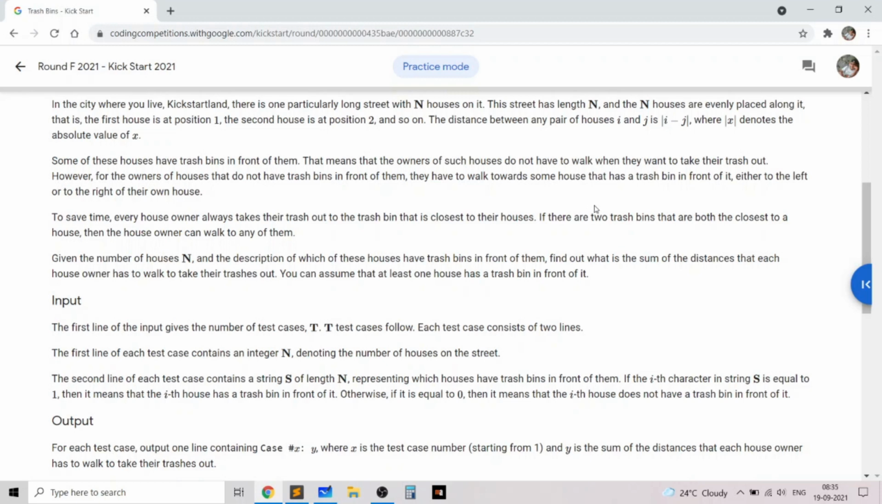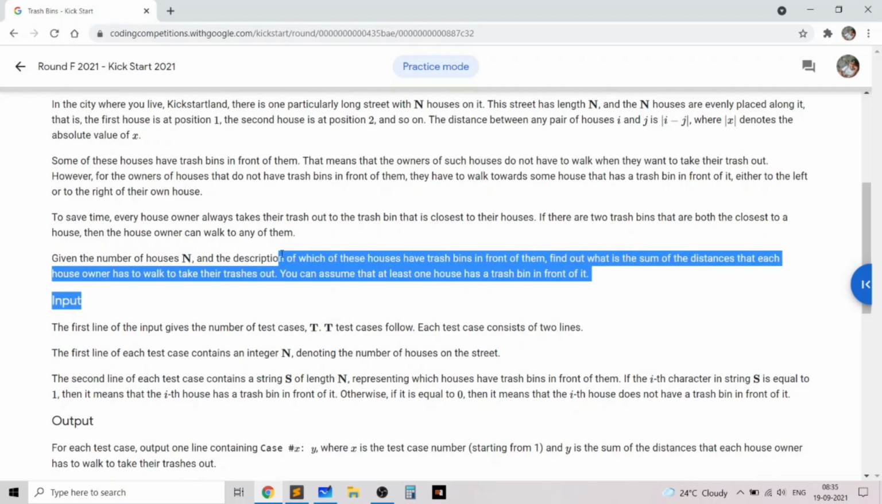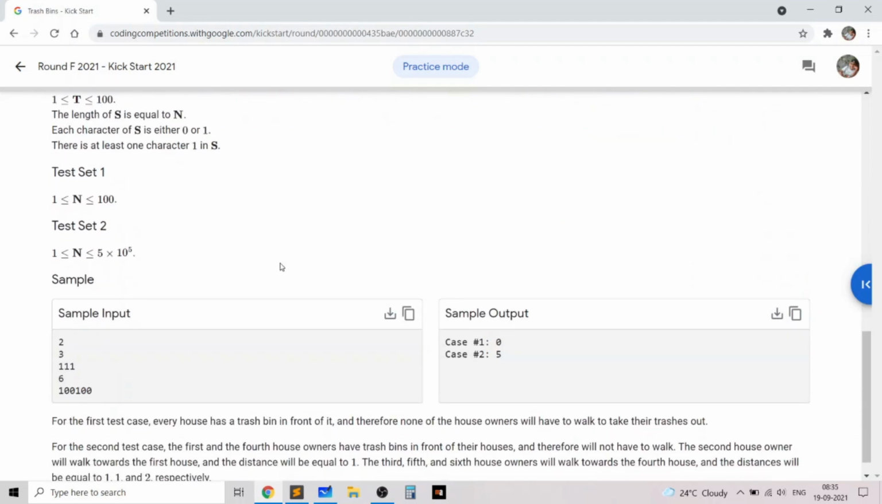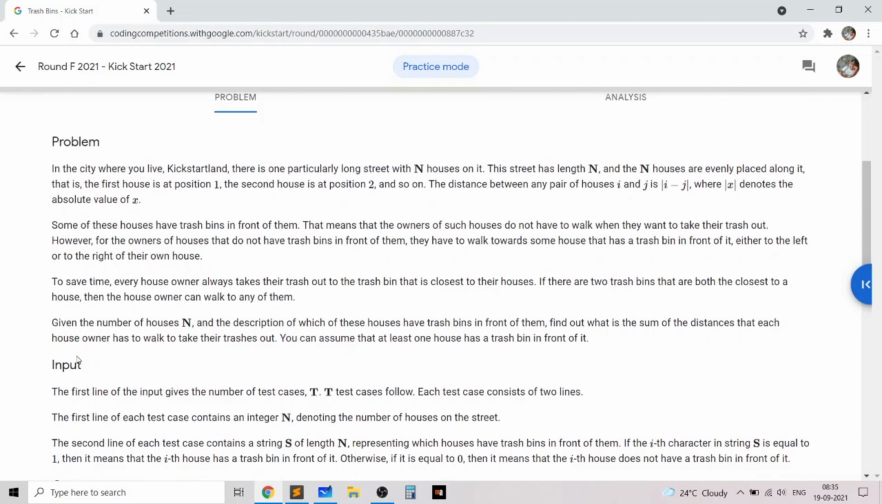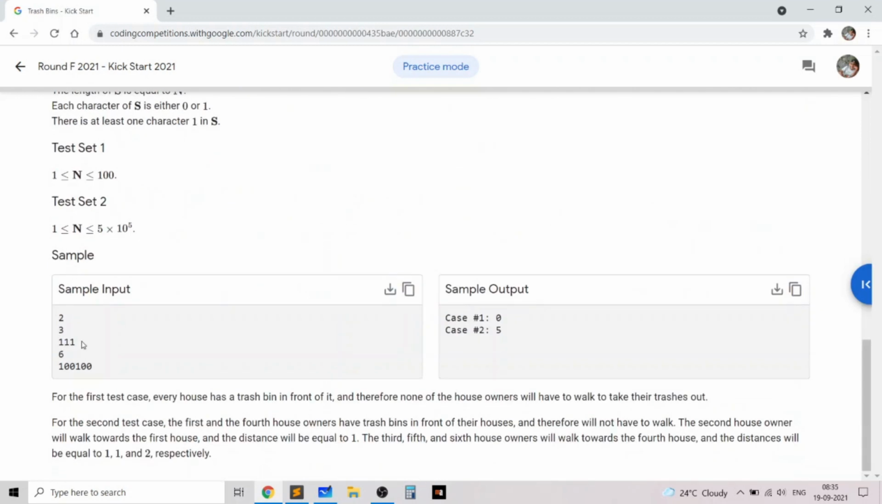So for each house we need to find out which trash bin is nearest to it, and what is the distance to that trash bin, and we need to print out the sum of distances that each owner has to walk. For example, in the first test case, n is 3, there are three houses, and all the houses have a trash bin in front of them,